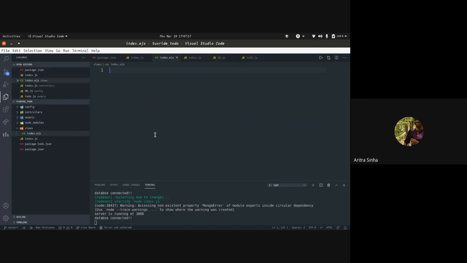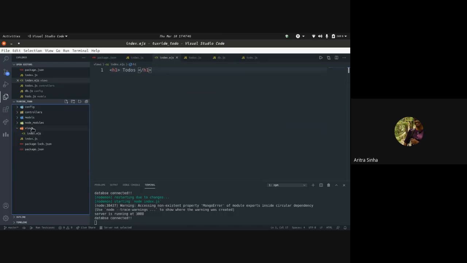What I told was HTML and EJS have the same structure. It's just that EJS would help you print variables which are used in the backend, and we can use it right there. Okay, so let's just add a header directly. It's to dos, and we'll just keep it like this for now. Cool.